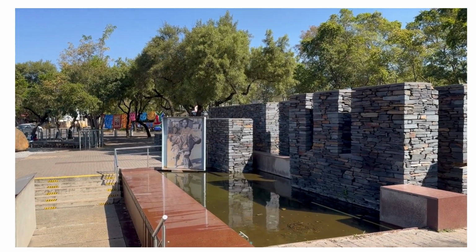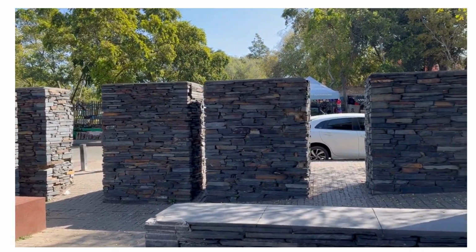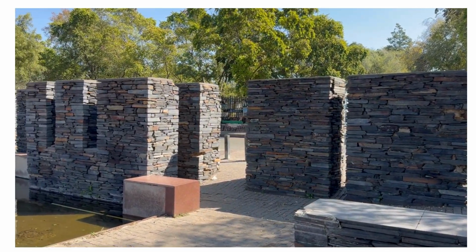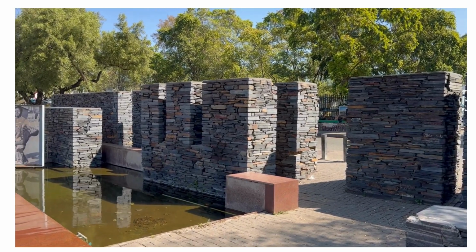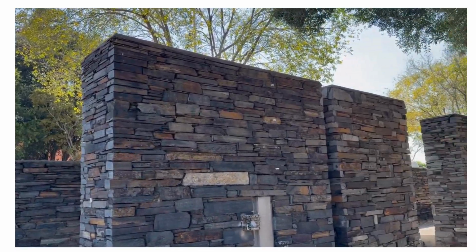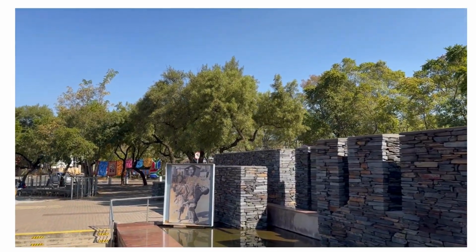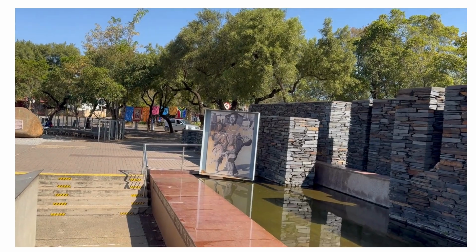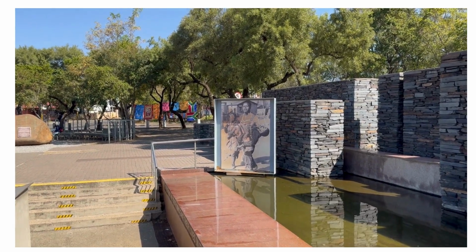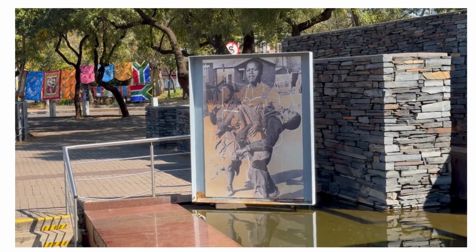Along the walls, those are not just passages, but the missing spaces. They resemble the missing information, the untold stories of June 16. And then the different heights of the walls: some of them are tall, medium and short, symbolizing different ages and different genders of the students. And then we have this mini waterfall here. The mini waterfall symbolizes the cries of all the parents and families. The water flowing in that direction symbolizes the cleansing of the blood that was shed by the ones who lost their